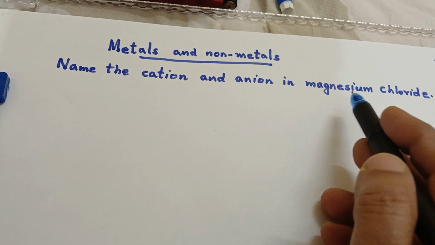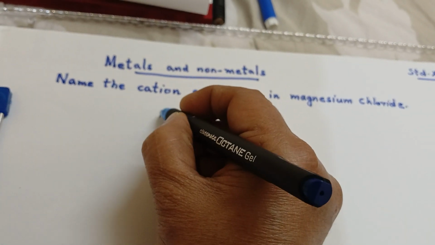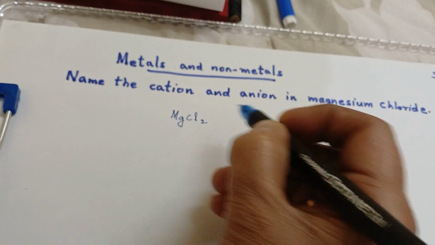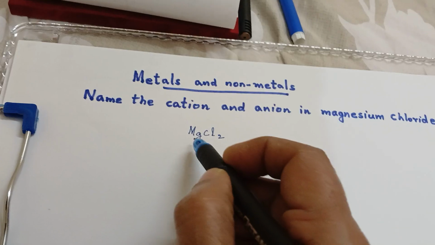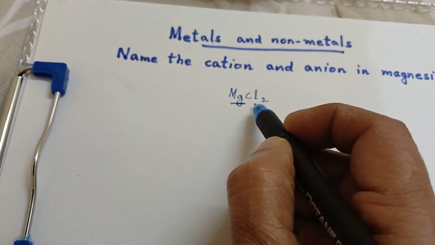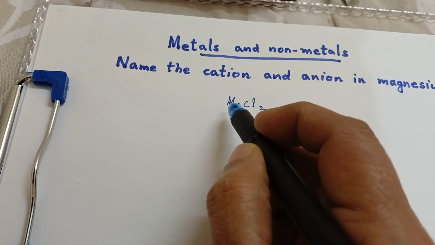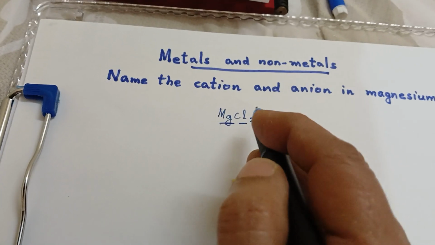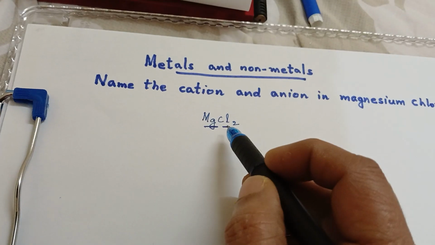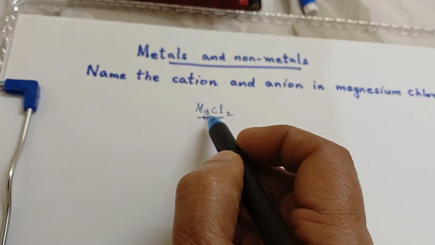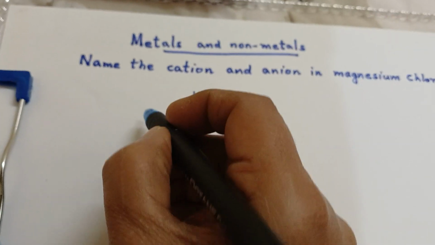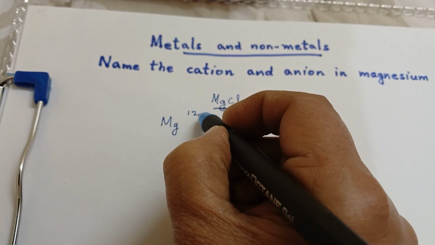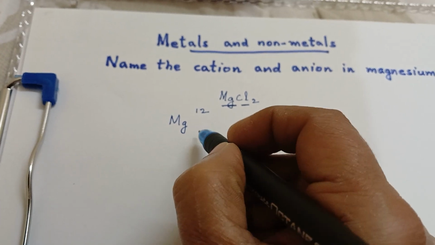That is magnesium chloride. Let us write its formula: MgCl2. In magnesium chloride, magnesium is the metal atom and chlorine is the non-metal part. So let us look at the electronic configuration of magnesium. Magnesium has atomic number 12. So we can write the electronic configuration as